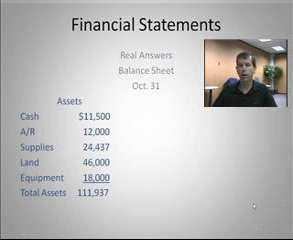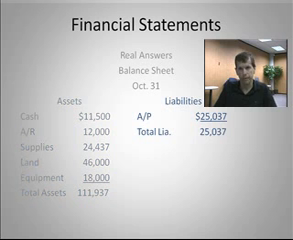So looking at exercise 1-15, we've got 5 assets. We've got cash, accounts receivable, supplies, land, and equipment. Those are the assets we have in this particular case. We put the appropriate number by each asset, add them up, and we get $111,937. The next part of the balance sheet is liabilities. So look at exercise 1-15 and see what liabilities Real Answers has. Well, they only have one liability. It's just accounts payable of